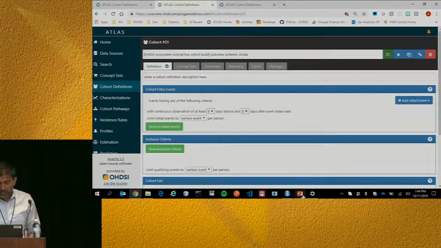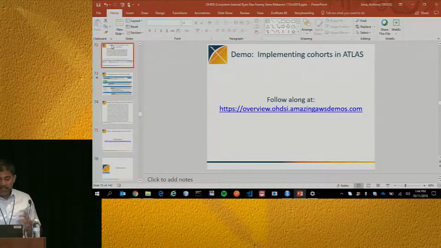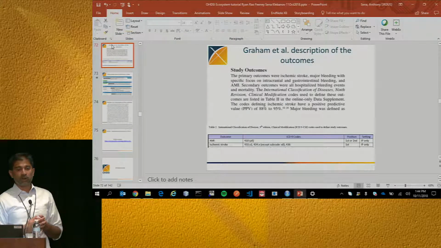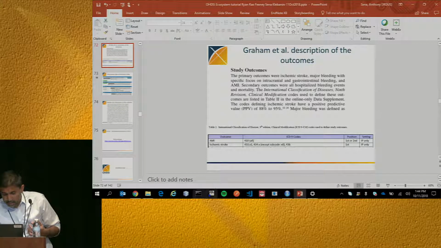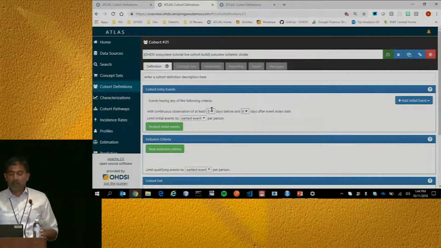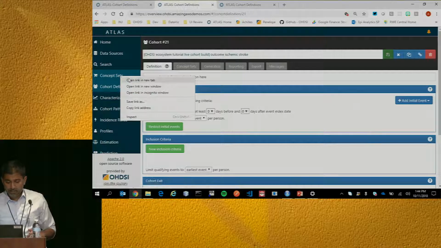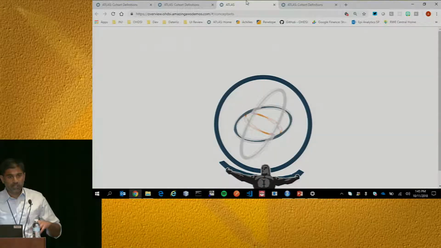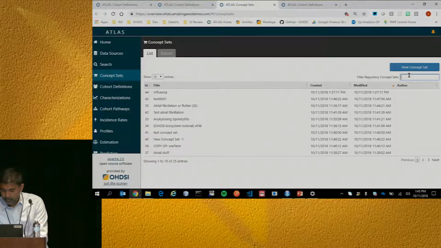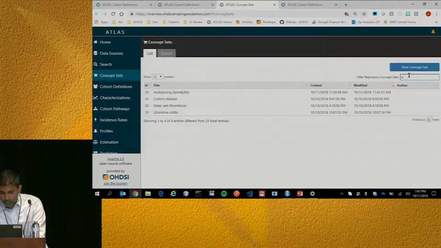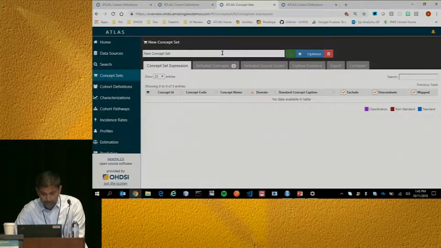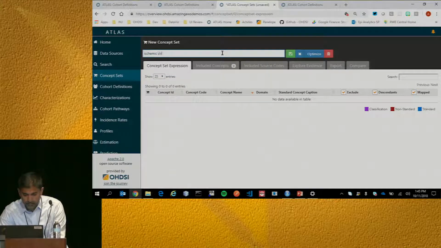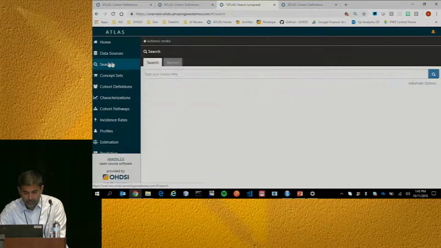Can somebody give me the ICD-9 codes, ICD-10 codes, SNOMED codes for ischemic stroke? We have from Graham's paper here some ICD-9 codes, but as we saw in the vocabulary demo, there is a way to capture this information in Atlas using concept sets. So I would, as my first step, build a concept set. I build a concept set for ischemic stroke. Okay, there is no concept set, so I'm going to build it. And I would search for